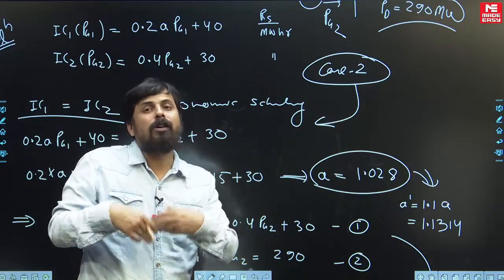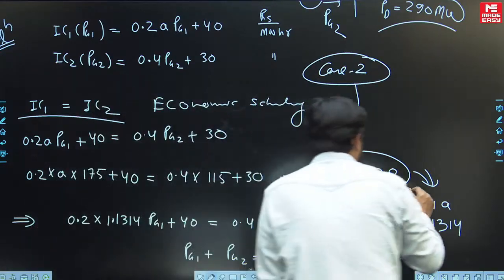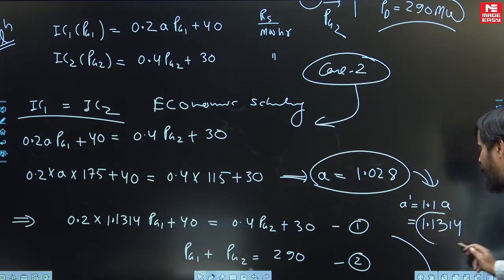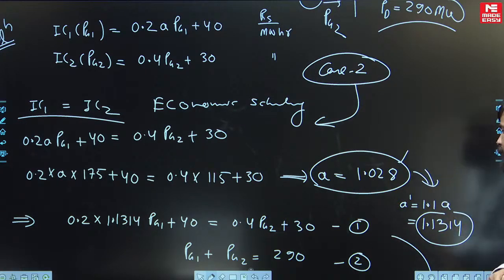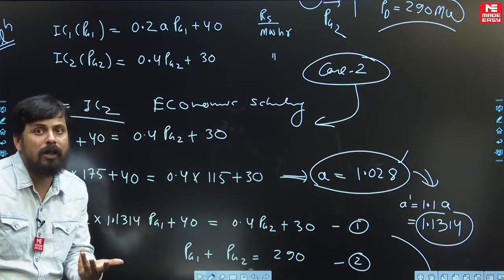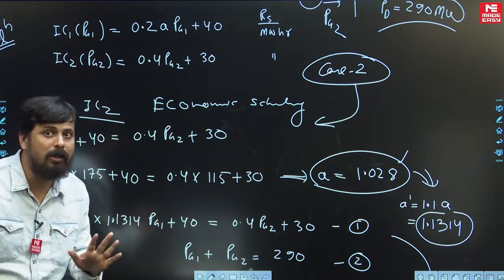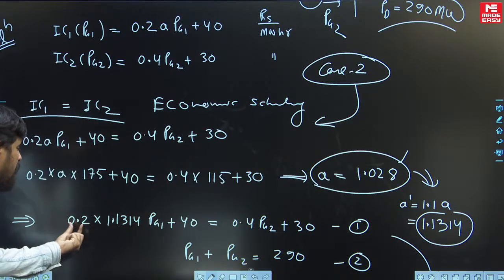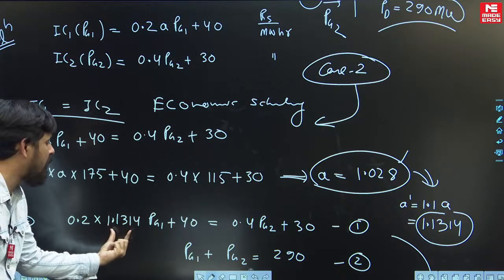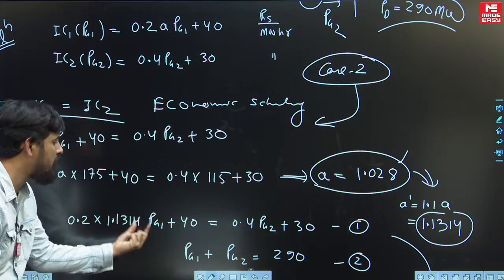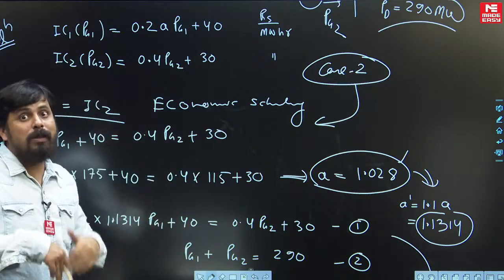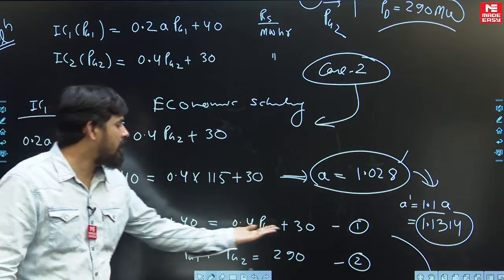अब A को इन्होंने 10% बढ़ाना है, तो जो नया A है जिसको मैं A डैश कह रहा हूं वो 1.1 A हो गया, यानी 10% बढ़ने के बाद A की वैल्यू इतनी हो गई, 1.13 हो गई। अब उसके बाद फिर से सेम डिमांड के लिए आपको Pg1 Pg2 निकालना है, तो कैसे निकलेगा भाई, इकोनॉमिक शेड्यूलिंग के हिसाब से IC1 IC2 तो सेम होना ही चाहिए। तो IC1 कितना है, IC1 देखिए 0.2 A डैश चाहिए ना, A डैश है 1.1314 Pg1 प्लस 40, IC1 नए A के साथ, मतलब 10% इंक्रीज्ड A के साथ, दिस इज IC1 एंड दिस इज IC2।